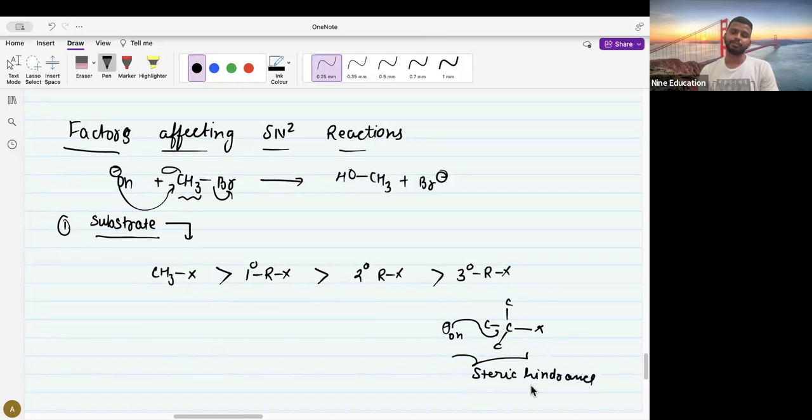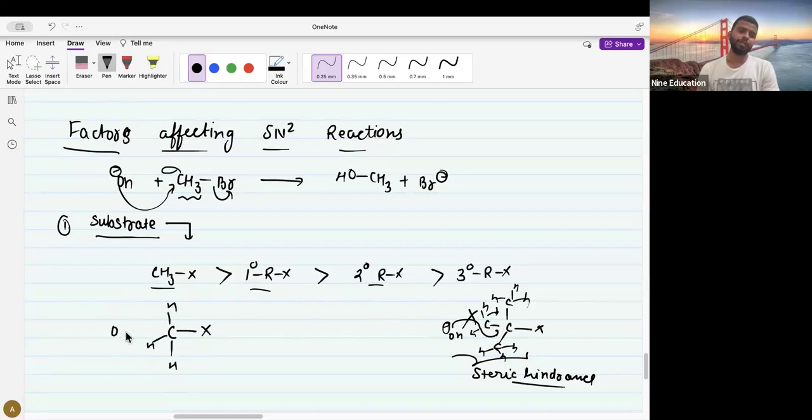So this attack won't go. ये अटैक नहीं कर पाता because this carbon will be having its own hydrogens. सो यहाँ पर ये अटैक नहीं कर पाता in respect to 2 degree, in respect to 1 degree and respect to simple carbon. So simply if I have all hydrogens, so hydrogen is the smallest atom,